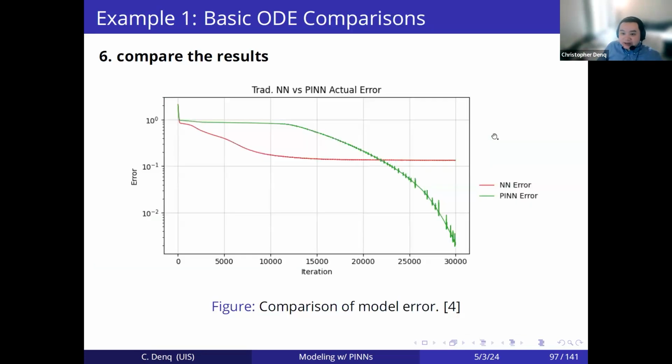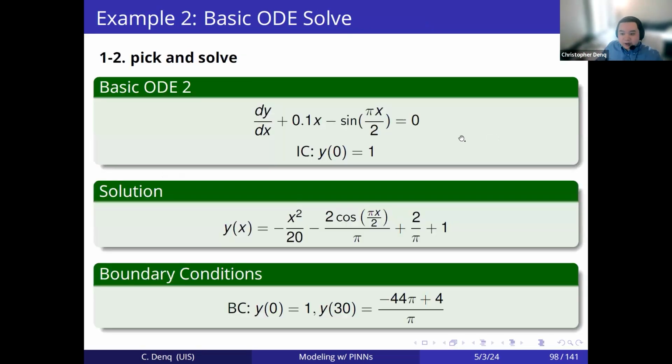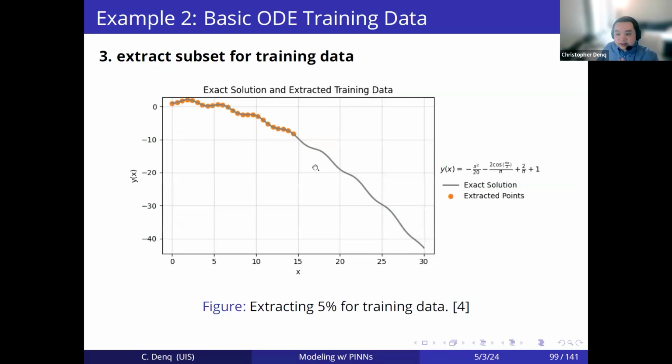So at this point, I was thinking, okay, maybe the ODE was a fluke. Maybe the answer is too easy. I would just want to test it again very quickly, right? So I've gone through the template of the methodology of the examples. We'll run through this quickly. Find the ODE, get the solution. We graph the solution, get the analytical, the gray, which is the analytical, got some training data, and then we